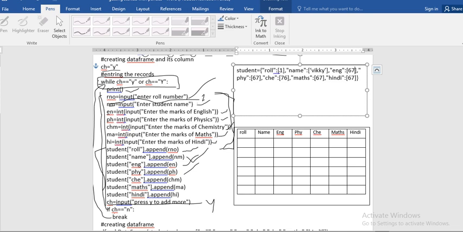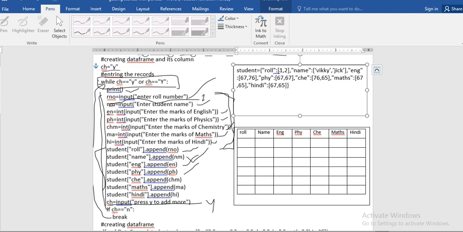Like this. And in the next iteration, when you again enter the records, it will be added here: 2, and here the second name, and the marks. These are the two records.